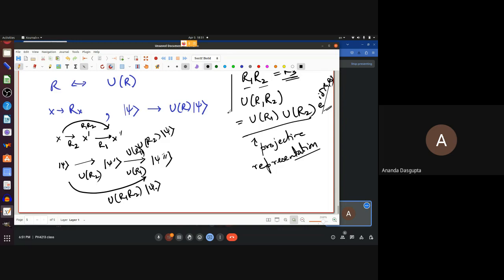Okay. So such representations, where we can get rid of the phase factor, are called trivially projective representations. They're projective representations. You have a phase factor, but you can get rid of it just by redefining your states. So that's a trivially projective representation. It's effectively a non-projective representation. And the rotation group is one where such a thing can be done. So we are going to assume in the next class that this follows: U(R1, R2) is U(R1) U(R2). And using this, specifically using this result,